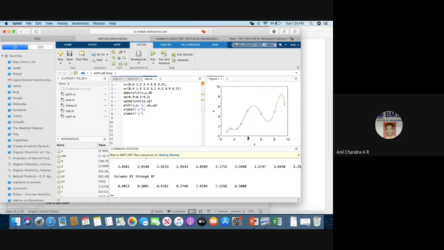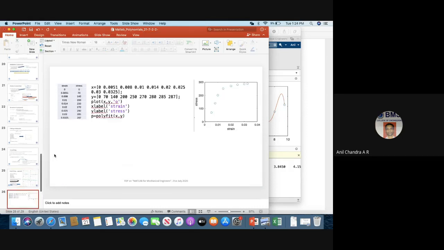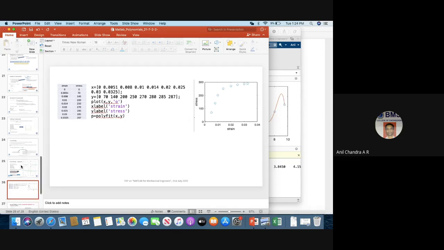So I'm just showing you how to explore. Generally, the best fit method is used, so you can explore it. I will share the slides, and if you want to try it out, this is the famous SN curve. How to fit it? This is the X data, Y data, and you fit XY data, you get an expression, and then you can find out what expression it is, right? So I will leave it open.